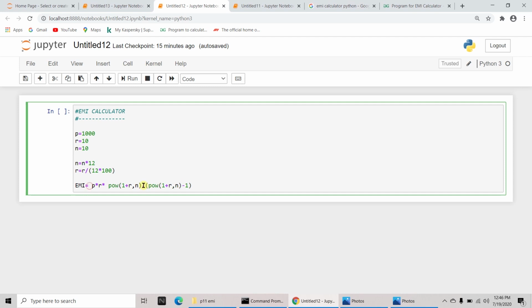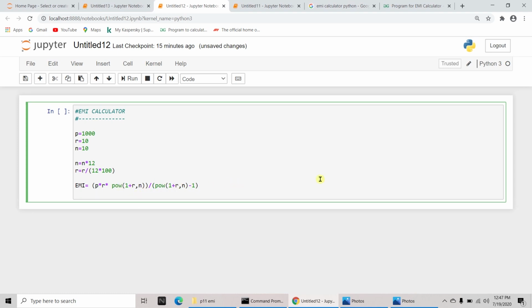I'll open the bracket, and I'll close the bracket here. First we calculate all these things, then divide by this one. We have the parenthesis: this one divided by this one, complete thing, minus 1. That's why we have the bracket here.